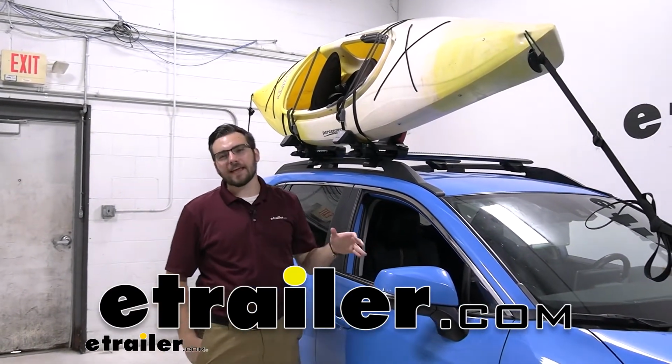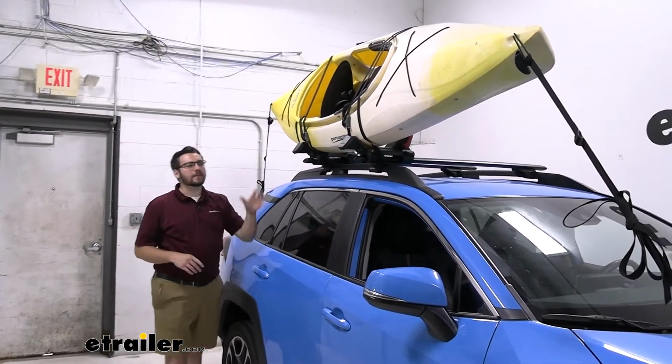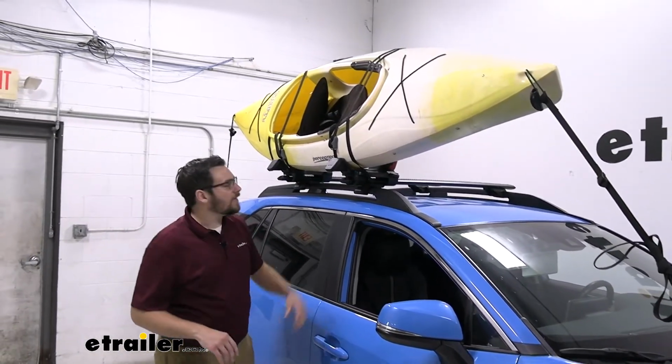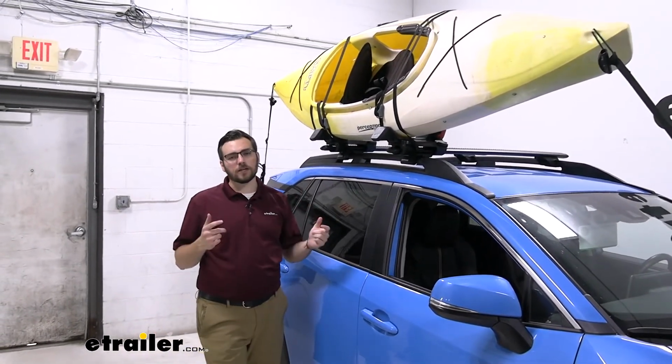I'm Bobby, and today we're taking a look at the Yakima JayLow J-Style Kayak Carrier here on our 2020 Toyota RAV4. Now this is going to be an excellent way of getting your kayaks to wherever your destination takes you. As you guys are going to see later on, you're going to get a great little premium kayak carry up on here. It's going to give you a lot of great features that you're really going to want for your